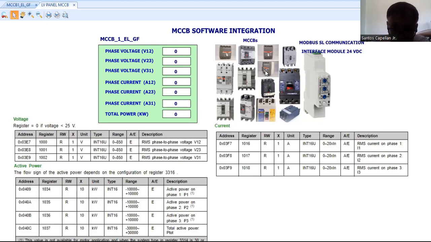Of course some information will be available in the internet, but the supplier of this can always ask from their principal the necessary information or the details, especially the register mappings. Now I have an example of register mapping here. So as my